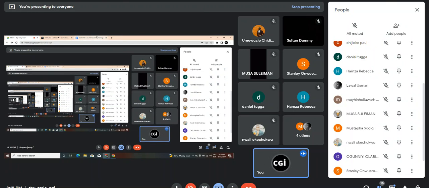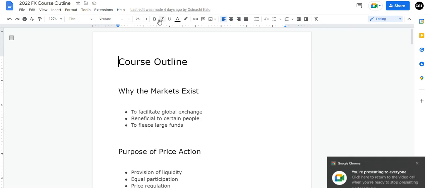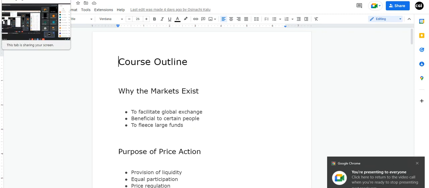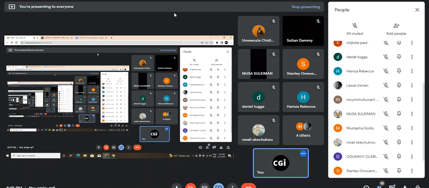Then there are indexes. Indexes are like a mathematical calculation of the value of certain things. For example, the value of the top 100 companies in the US is called Nasdaq. So they calculate the value of all the top 100 companies in the US economy, and then they post it on the chart, and that gives us the Nasdaq index. There's US 30, the top 30 companies. There's S&P. I don't really know what S&P is, but there's one for the UK. There's one for